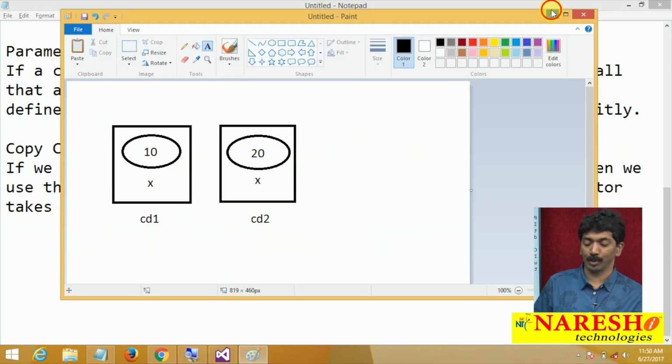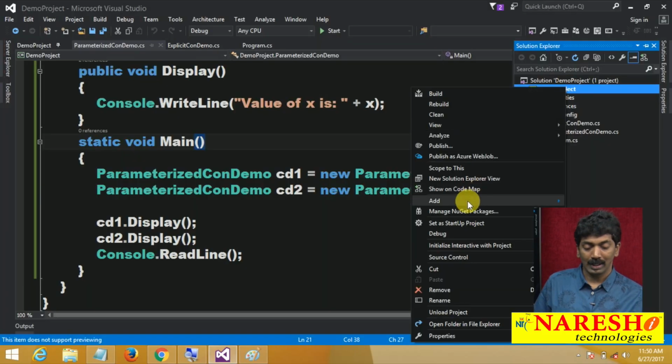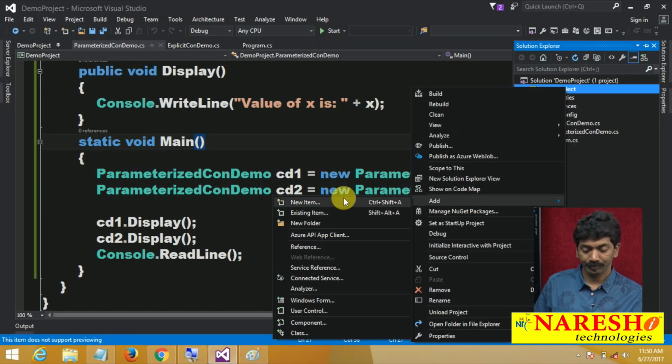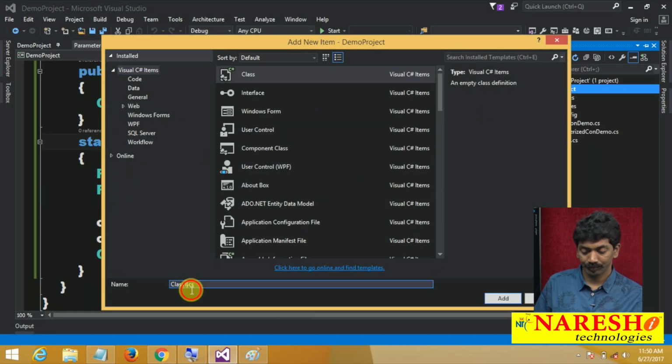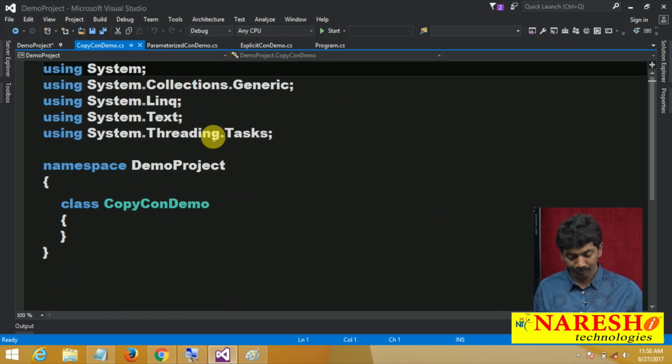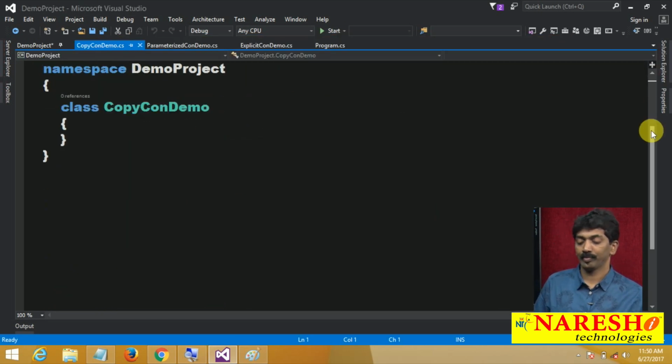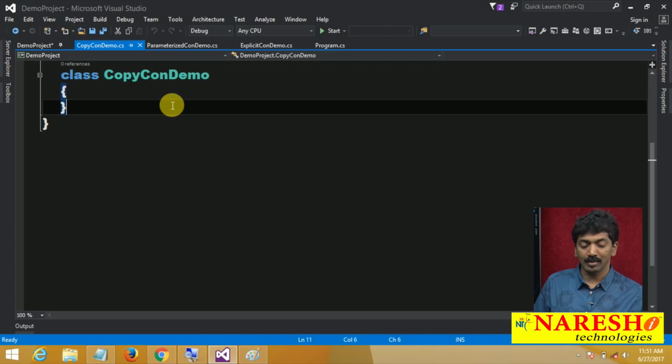Let me demonstrate. Adding one more class, let me call it CopyConDemo. Now in this class also I am going to do one thing first.